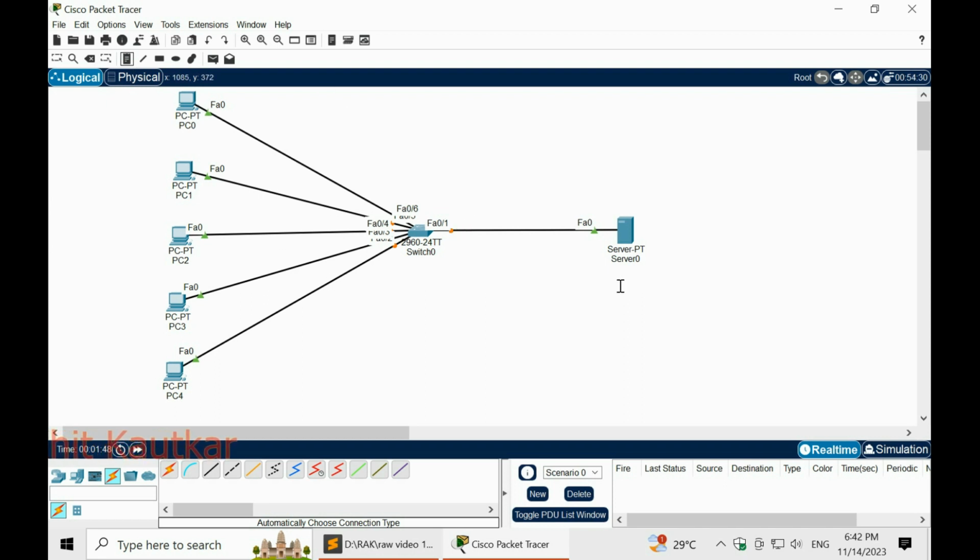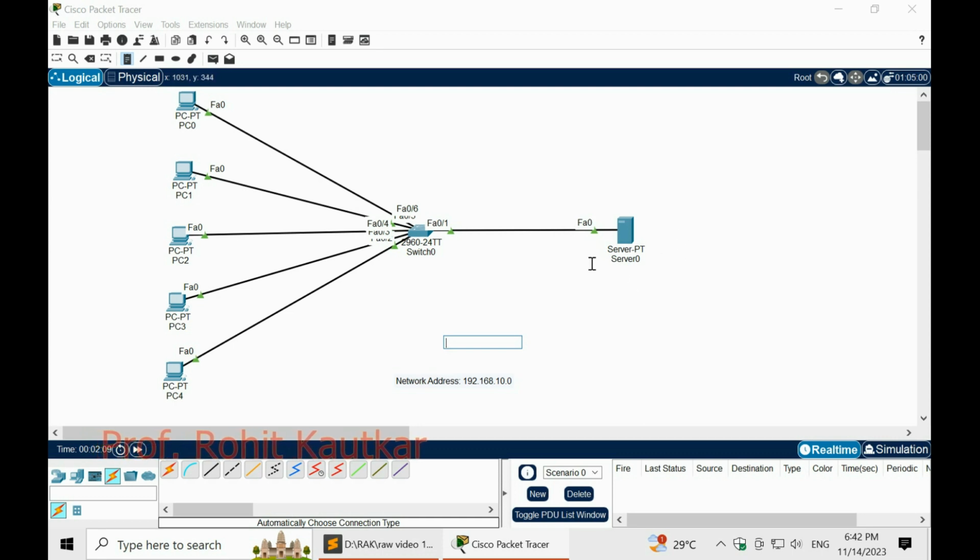Next we are going to place nodes over here. So let's assume the network address is 192.168.10.0.